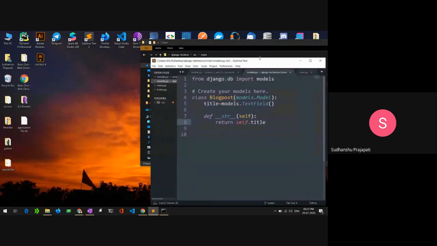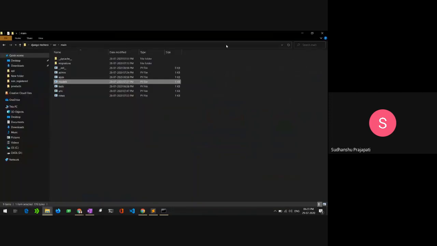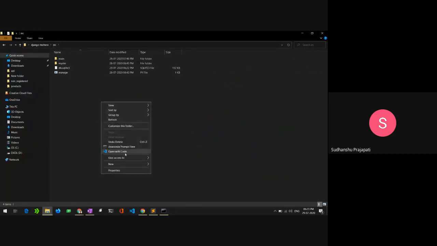So let me move right into the project folder, and I will fire up my code editor inside here.